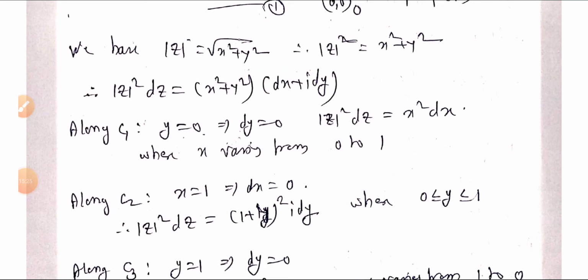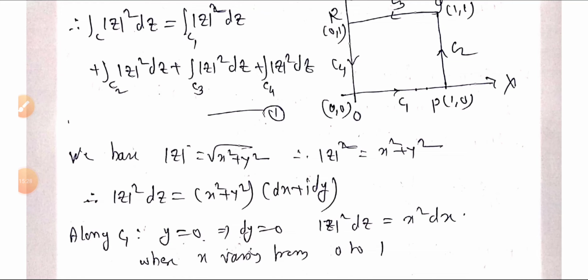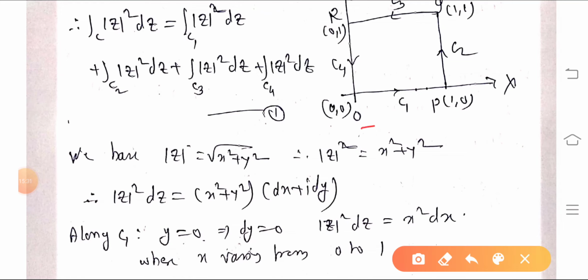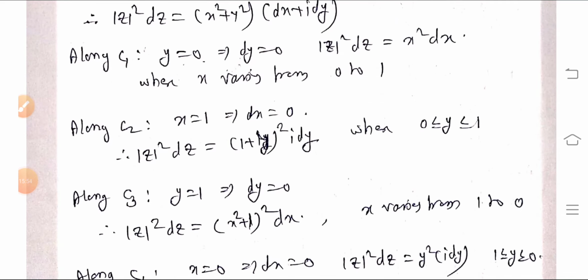along this C1, y equal to 0. Here the curve is along y equal to 0, so this implies dy equal to 0. Therefore mod z square dz is x square dx, and x varies from 0 to 1, that is the coordinates of x from 0 to 1. So the integral over C1 of mod z square,